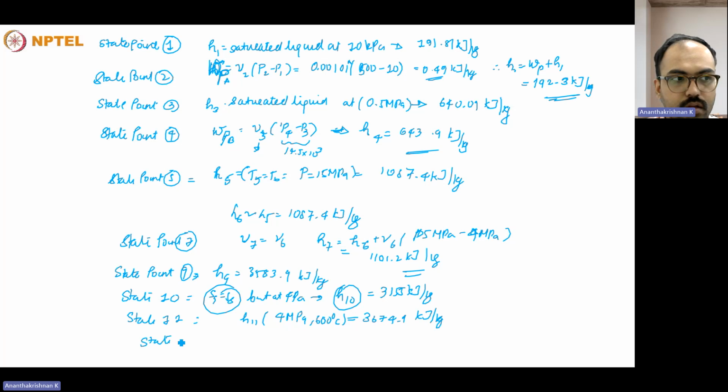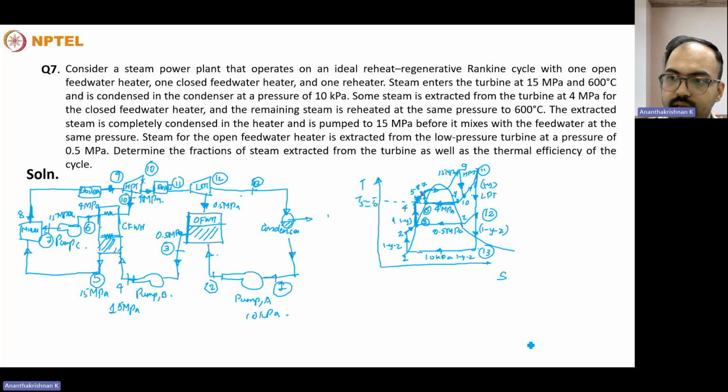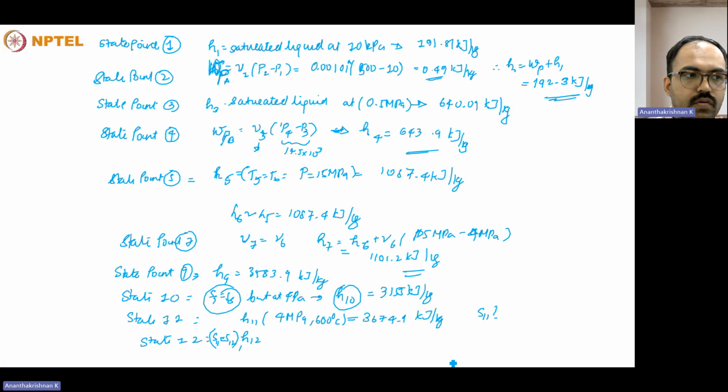State point 12 will have the same entropy. Just like the previous case, S11 will be equal to S12. We calculate S11, and corresponding to that entropy of S12 and the pressure of 0.5 megapascal, we'll get H12 equal to 3014.8 kilojoule per kilogram. And state point 13 will be the last point where S13 will be the same as that of S11,